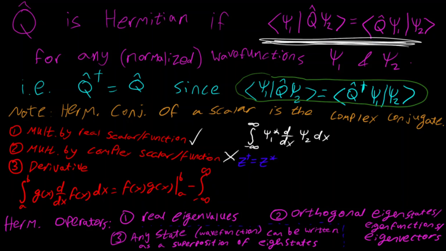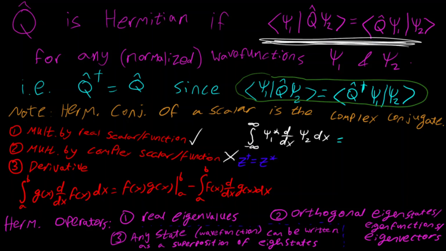or, sorry, not from negative infinity to infinity. I'm getting ahead of myself there. Minus the integral, same bounds, from a to b of f of x times the derivative of g of x. This is called integration by parts. And what we're going to do is apply this here. First, if we just match that up with this equation, we know g of x is psi 1 star and f of x is psi 2. So this is equal to,